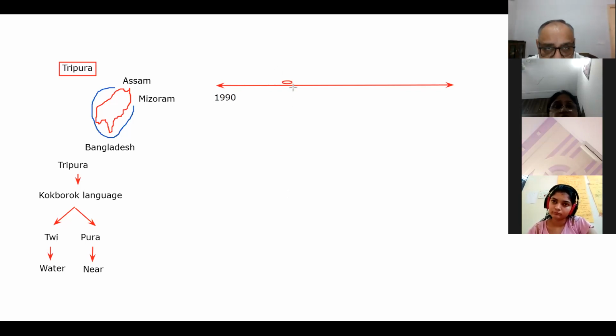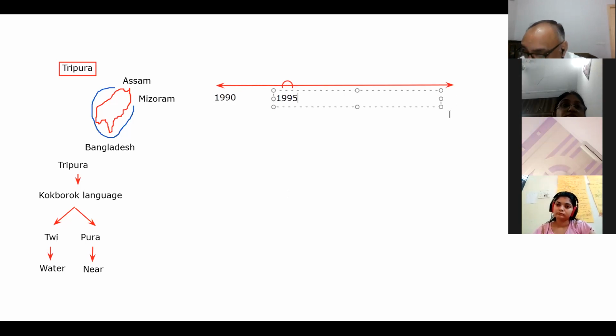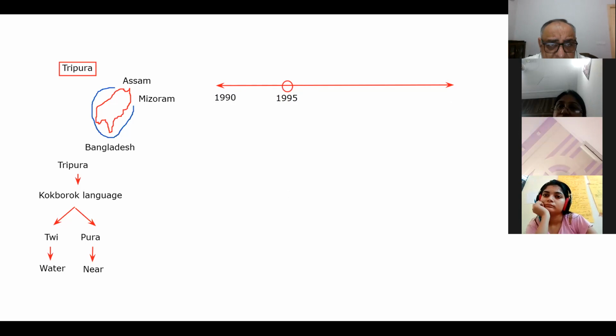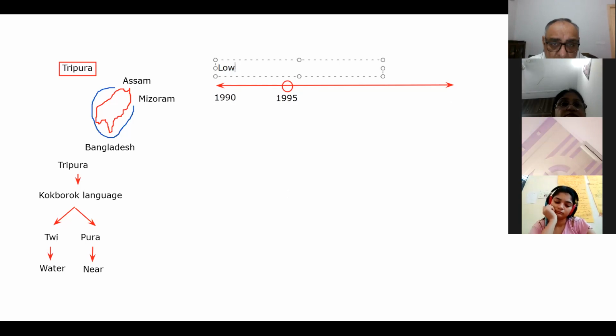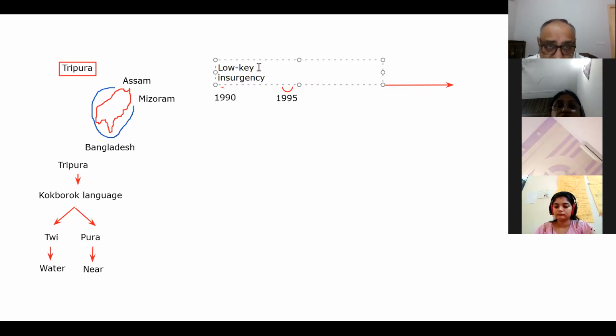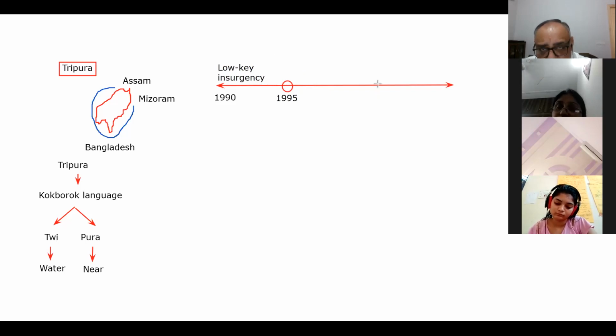1990 से लेकर के बेटा इस पीरियड तक, till 1995, right. So there was low key insurgency, means insurgency थी, but that was very low, right. So low key insurgency was there, means कोई बहुत ज्यादा गड़बड़ नहीं थी. उसके बाद बेटा 1995 से लेकर के 2004 तक,